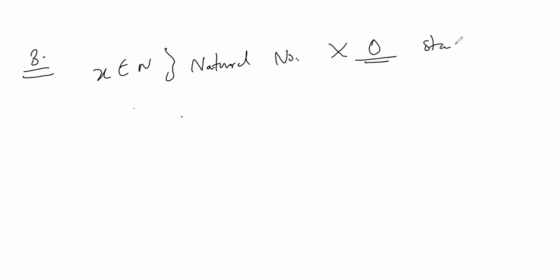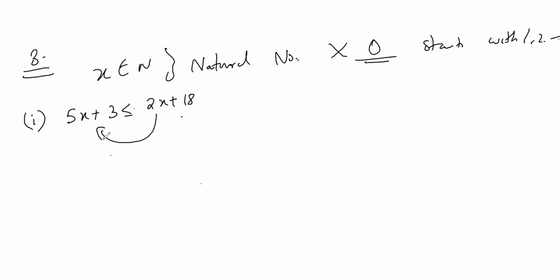So it is given that x belongs to N. N is what? Natural numbers, which means it does not include 0. It starts with 1. Correct? So the first question is what? 5x plus 3 less than or equal to 2x plus 18. Very easy question. So what will happen?